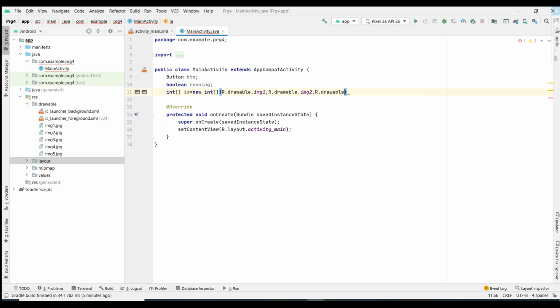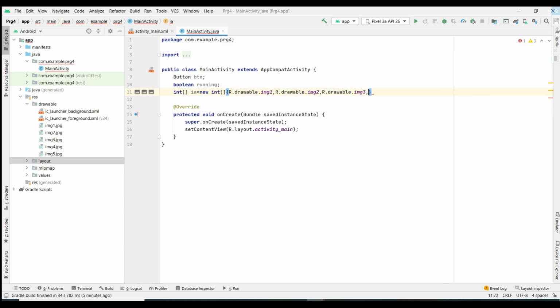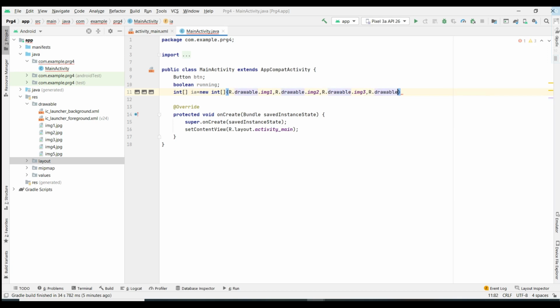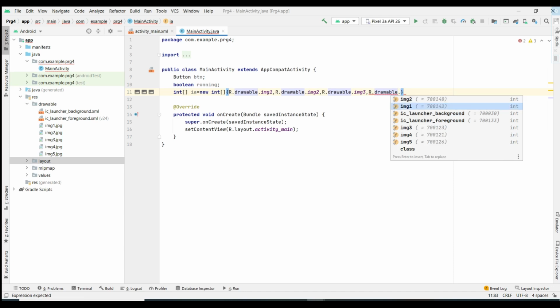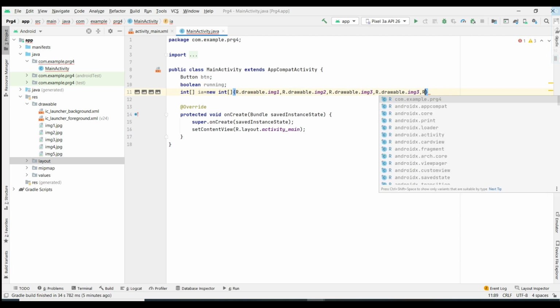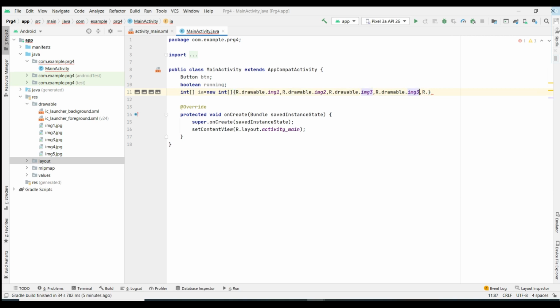So R.drawable.image3. Fine. I hope you are all understanding this. Then similarly for the 4th image also, R.drawable. See, avoid typing, make use of all the suggestions it is going to give. Make use of that, you won't feel burdened.